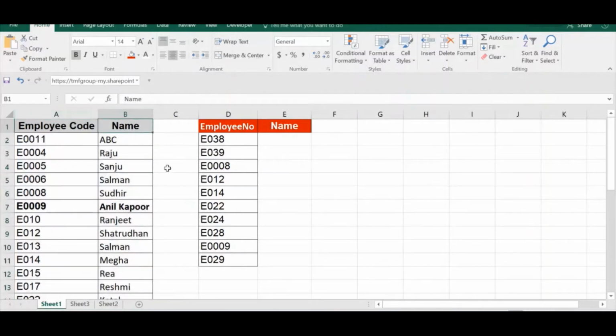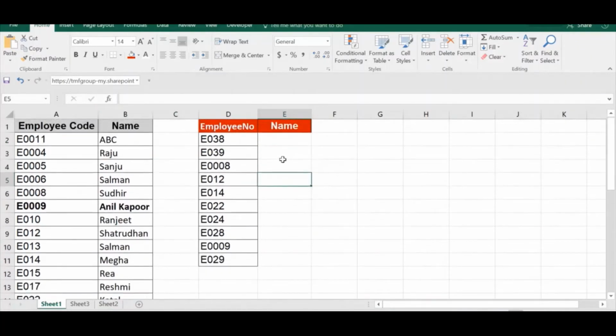For table array A and B, A is column index number 1 and B is column index number 2. Okay, hope you understand the column index number.